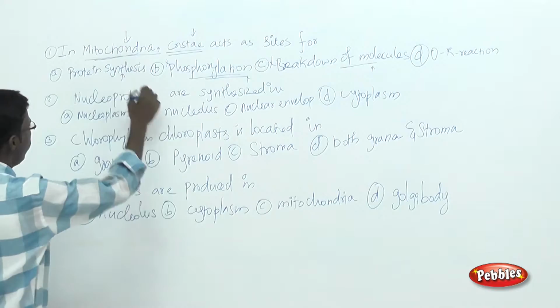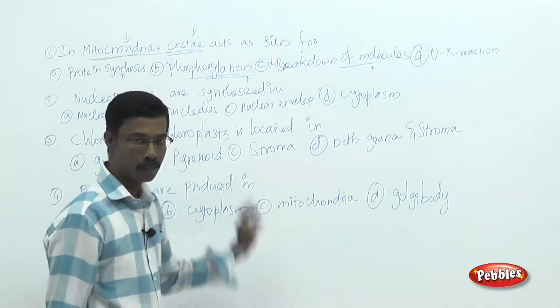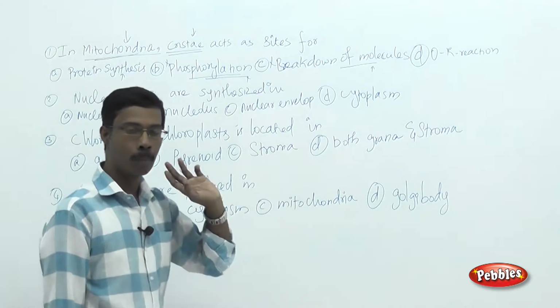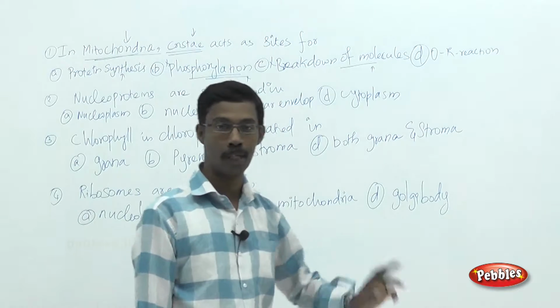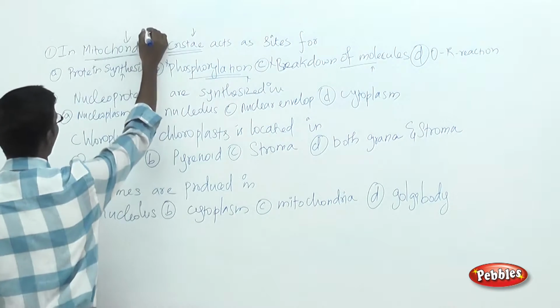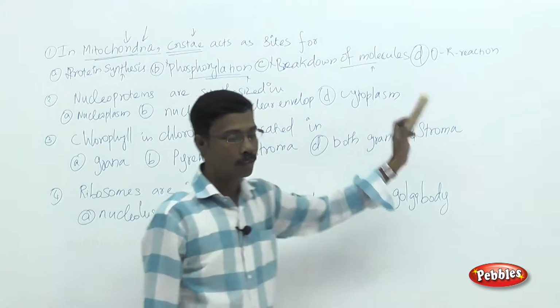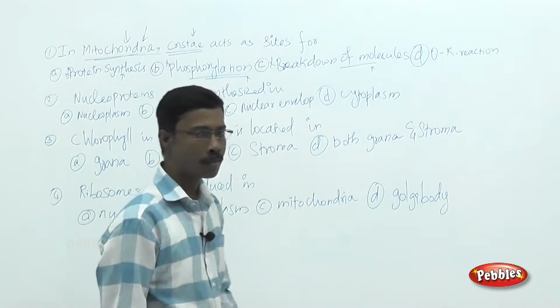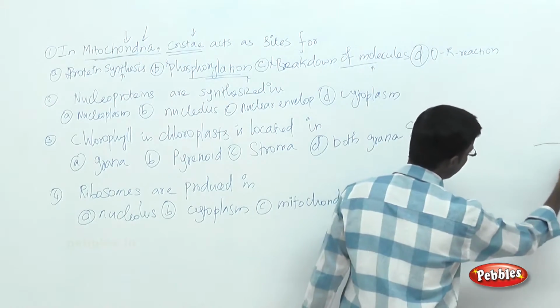So the answer might be protein synthesis or the oxidation reduction reactions. Whenever you are thinking about protein synthesis, you have to remember the structures called ribosomes and not the mitochondria. So the answer is oxidation reduction reactions. So what is an oxidation reduction reaction? We should recall now.